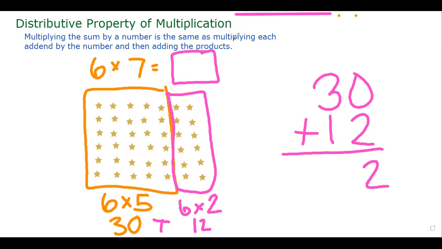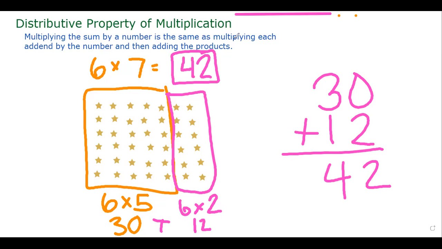Zero plus 2 is 2. 3 plus 1 is 4. So 6 times 7 equals 42. So this is what I was talking about when the property itself states that multiplying the sum by a